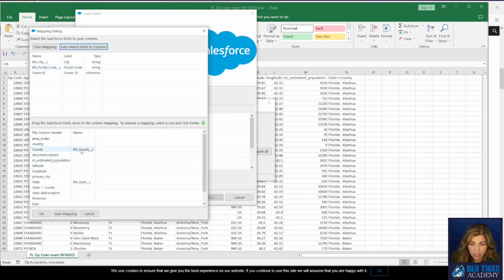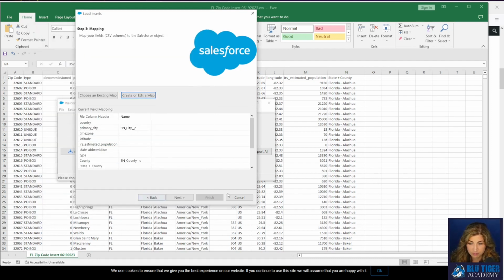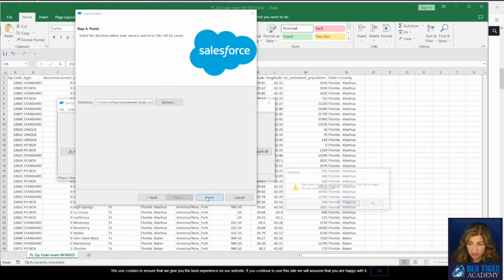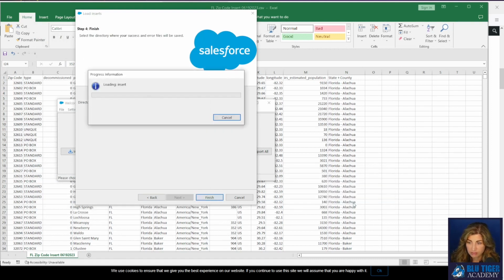All right, so we've got the county, we've got the state, and then we are going to map the city. You don't have to map the city if you don't want to, but it's kind of nice to have if you need to add an additional zip code. All right, so you need to map postal code, state, city, county, and that's it. You'll hit next and finish and yes.